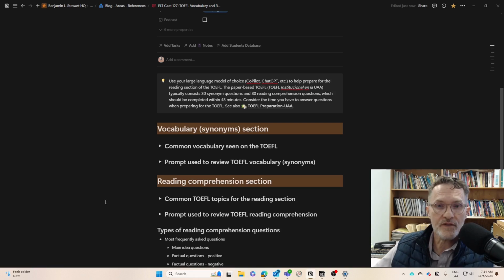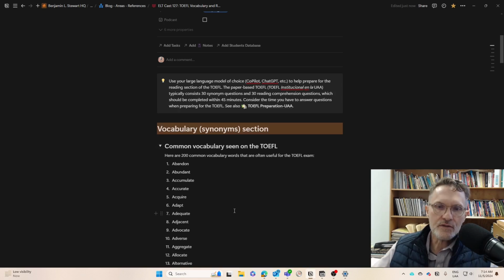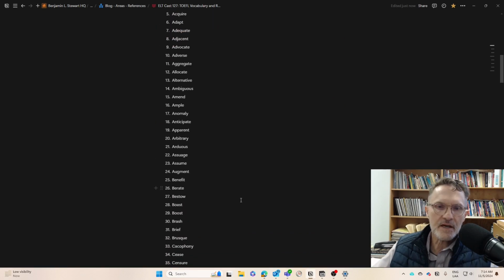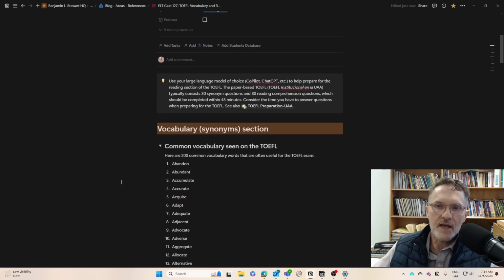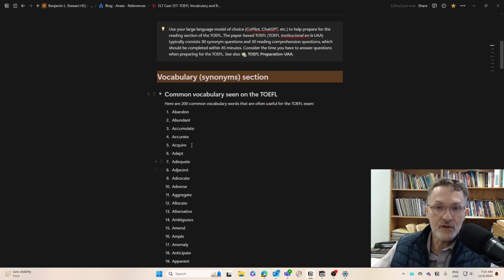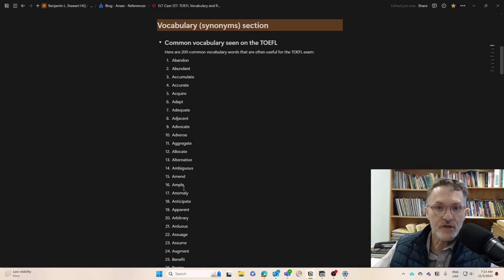As you know, the TOEFL is divided into two sections. There is a vocabulary section, and then there's a reading comprehension section. So I'm going to divide this up into two sections and how you can use AI to prepare for both of these areas. So for the vocabulary section, you'll notice here, if you select this drop-down menu, you'll notice a list of vocabulary terms. These are some of the most common types of vocabulary words that you're likely to see in the TOEFL. And as you know, that when you see some of these words, you're going to be asked